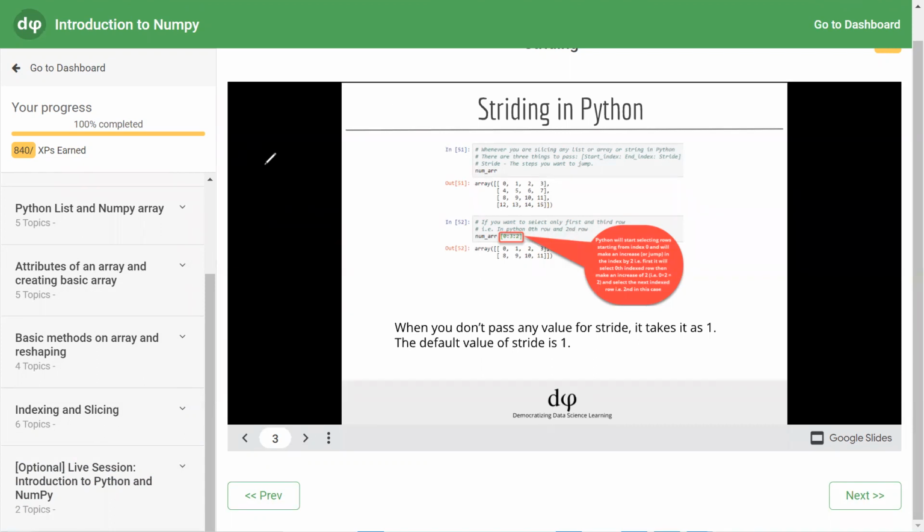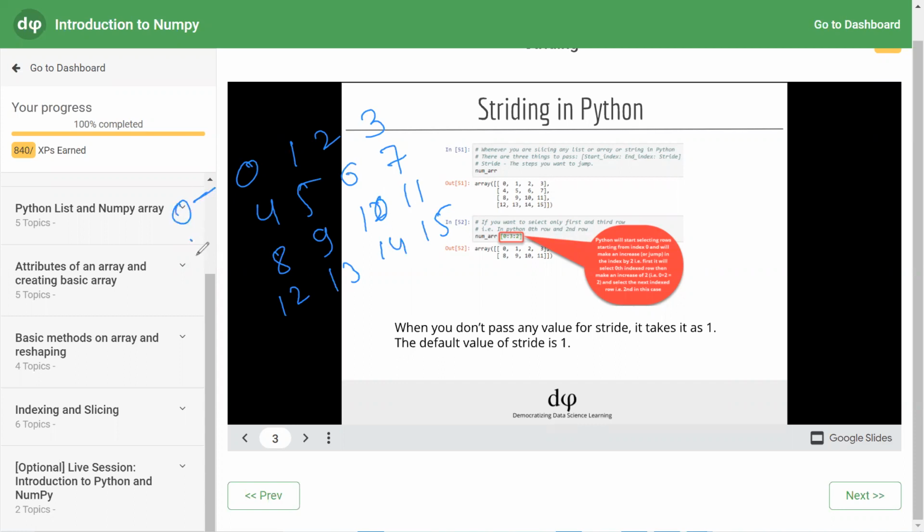Here, the example is where you have 1 to 15, 0, 1, 2, 3, 4, 5, 6, 7, 8, 9, 10, 11, 12, 13, 14, 15. And we have this as positive index 0, 1, 2, 3. This is also positive index 0, 1, 2, 3.